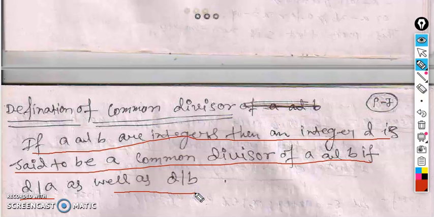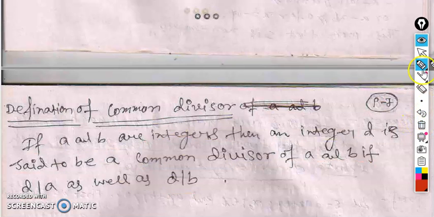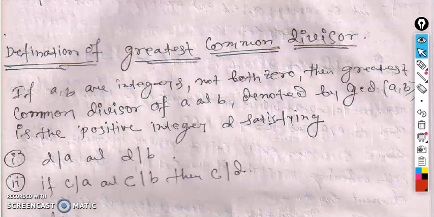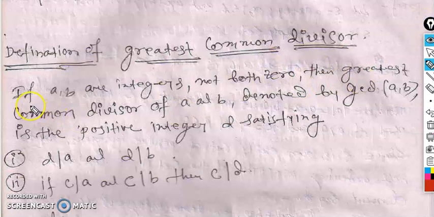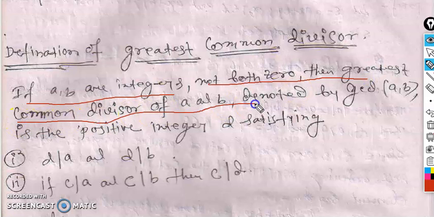Okay, now we introduce the idea of the greatest common divisor. First we study the definition. If a and b are two integers, not both zero, which is very important, then the greatest common divisor of a and b is denoted by GCD, G for greatest, C for common, D for divisor, and is the positive integer